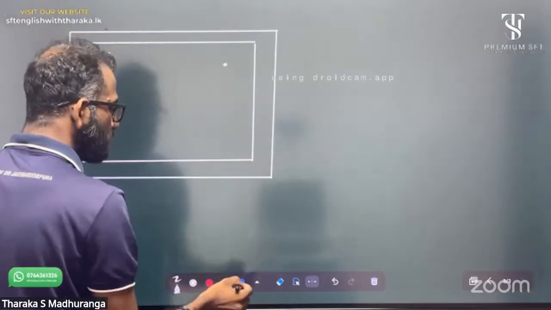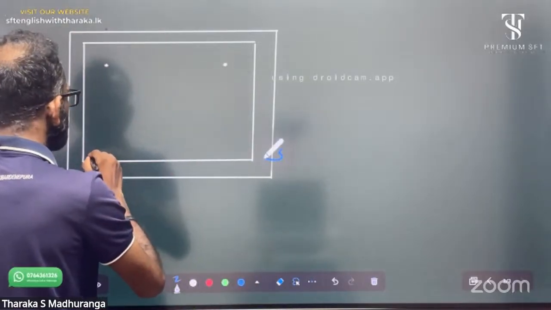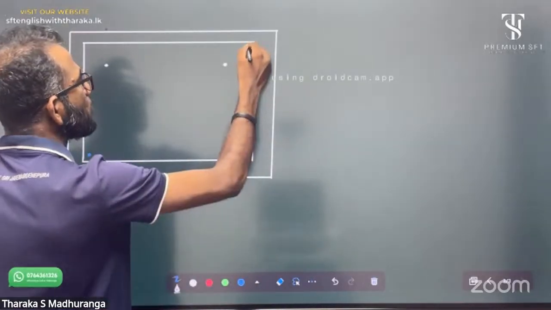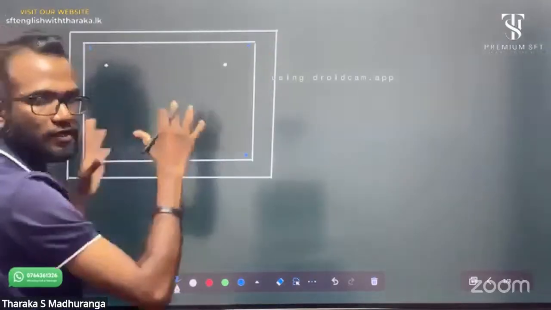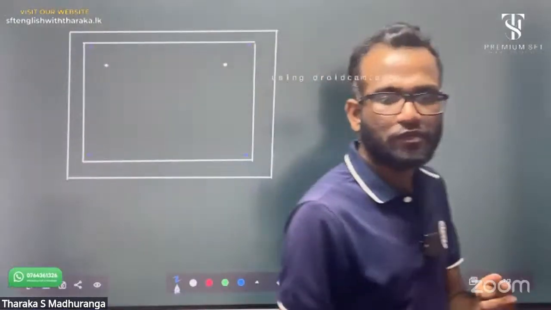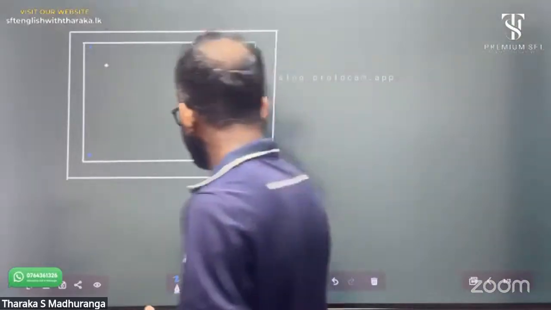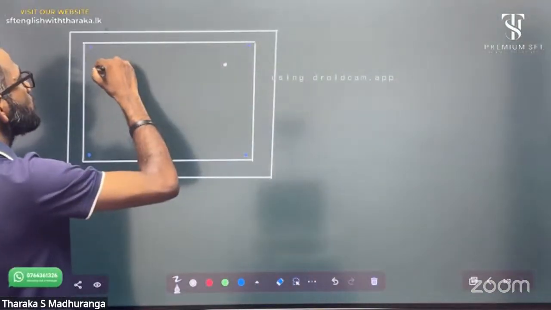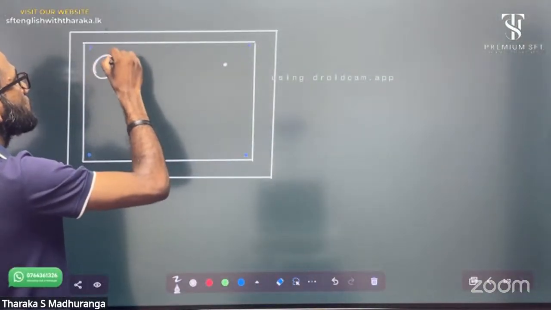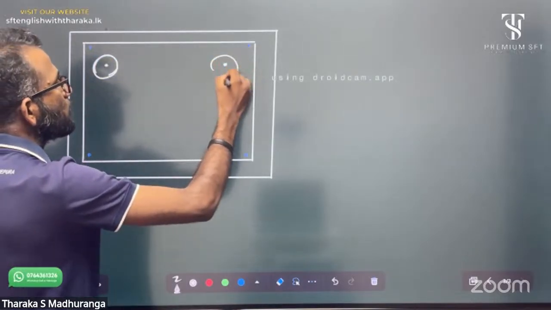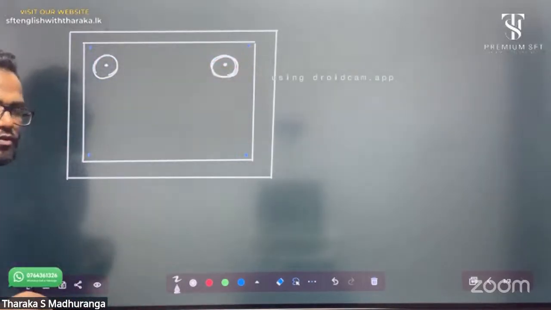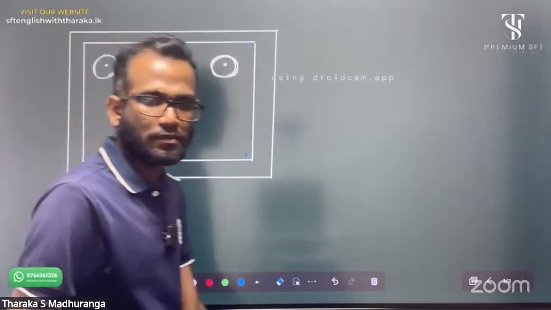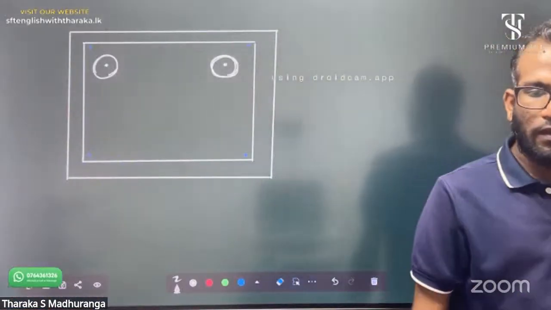How to connect this paper? You can use drawing pins. If you put four drawing pins, you can connect it. Then you can connect 2 smooth pulleys. Two smooth pulleys, right? Now